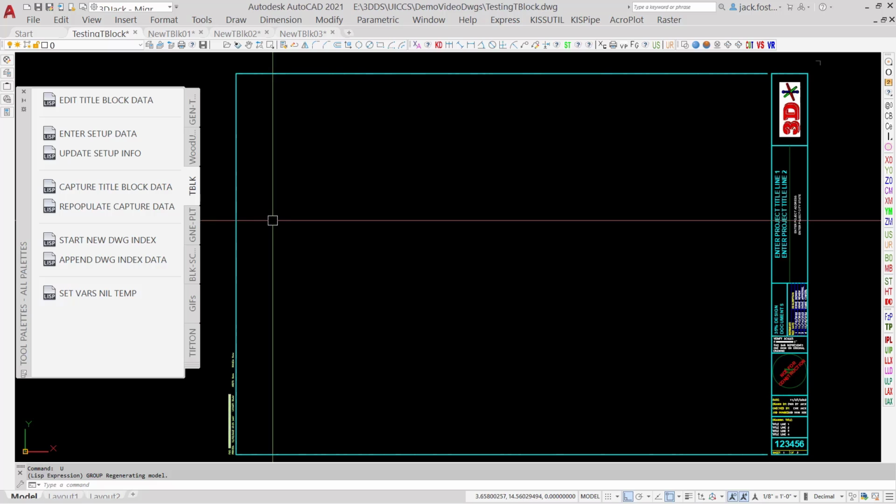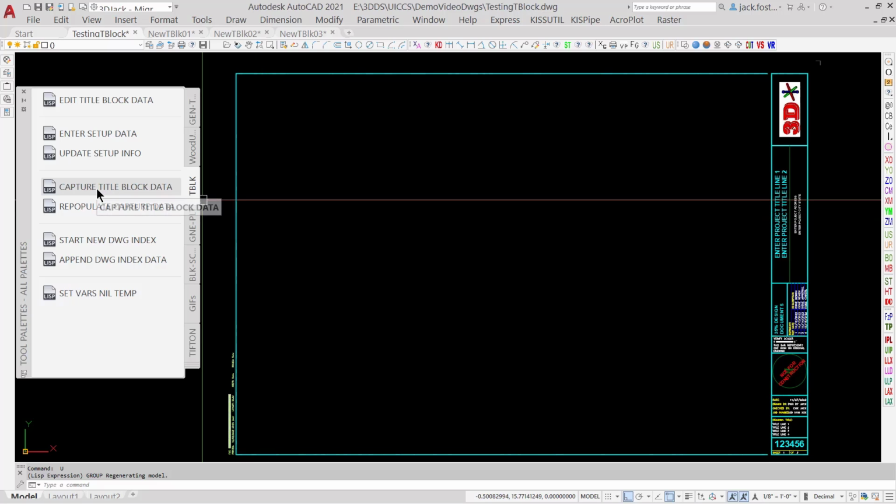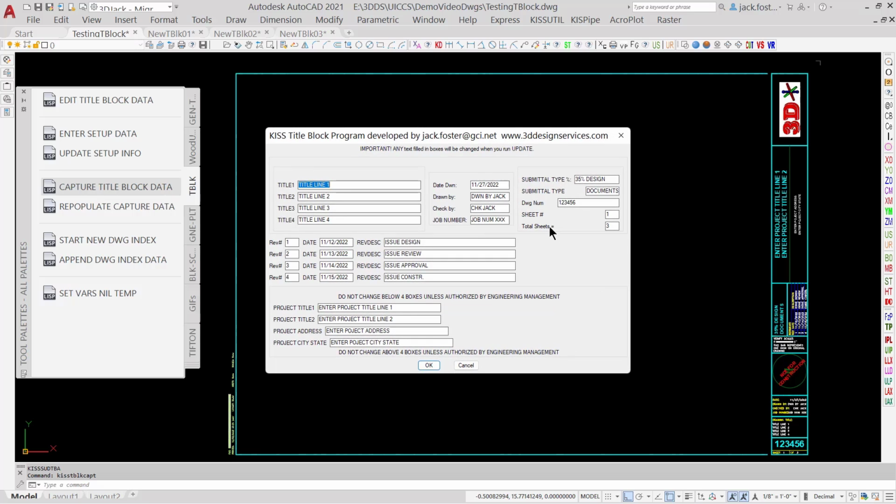The next program I want to show you is this capture title block data. When I select this, it gets whatever attributes are in this, it selects all of them, and now I could go in here and maybe want to delete some of these things. Maybe all these revisions for what I'm doing aren't here, so I can do delete, tab, delete, tab, delete. Go through real quickly and eliminate those. And let's go down here and change this to